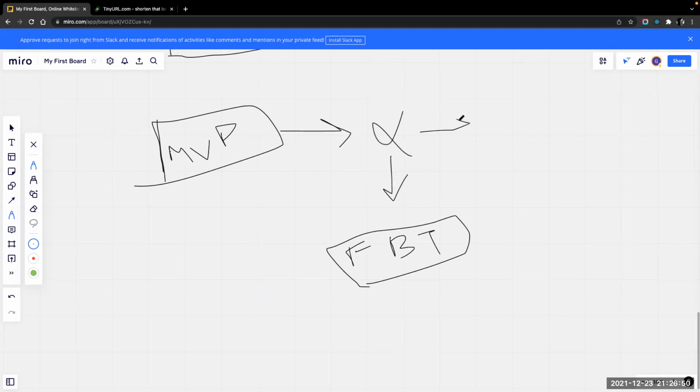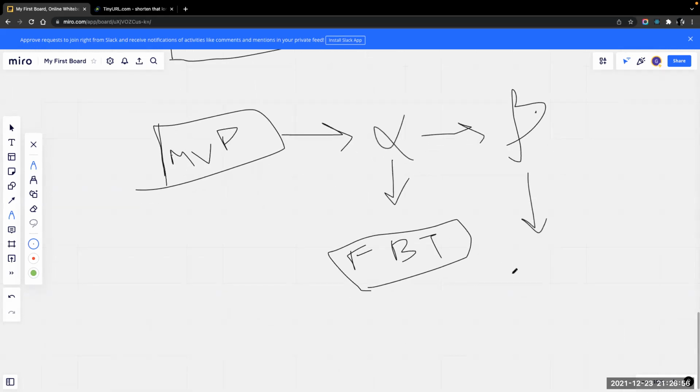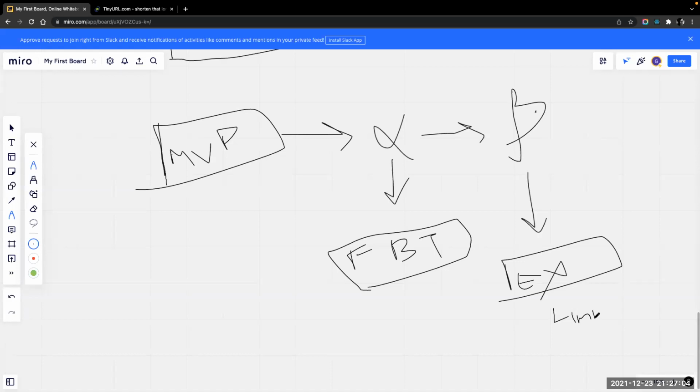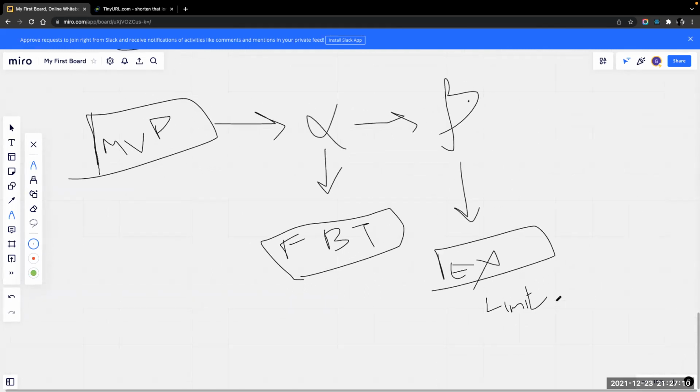They will move to the next version, called the beta version, where this is released to an external set of customers. These are external customers, limited in number. They will not open it for everyone in the market. They will just open it for 10 people or 20 people or 1,000 people or 10,000 people, depending upon the company size. These people will use the beta app. Once the beta app becomes successful, after fixing all the defects, they will release version 1 to all the people in the world. They will release it worldwide.